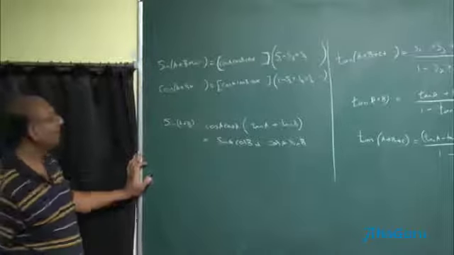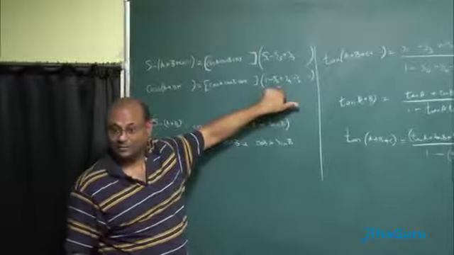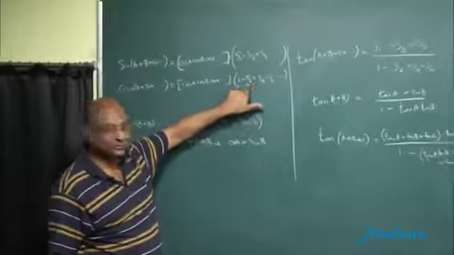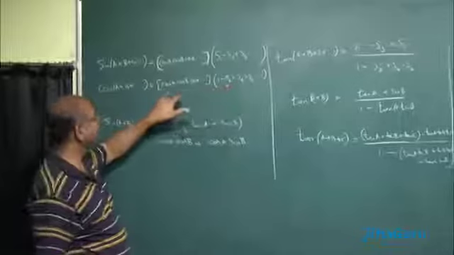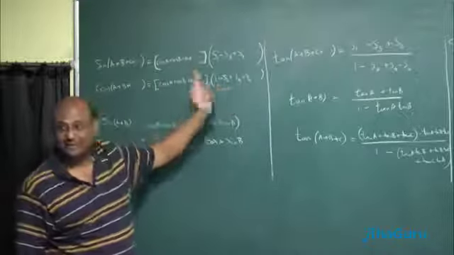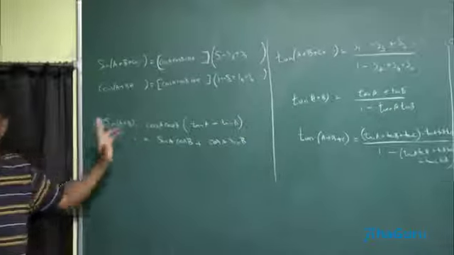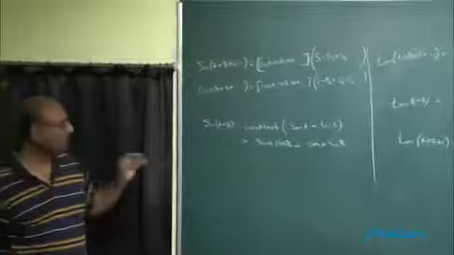Do you see? And if I have cos of A plus B, I have cos A cos B, 1 minus S2. 1 minus S2, what is S2? Tan A tan B. So that means cos A cos B into 1 will give me cos cos, minus tan into cos will give me sin sin. Cos cos minus sin sin. Is the idea first clear of how it works?